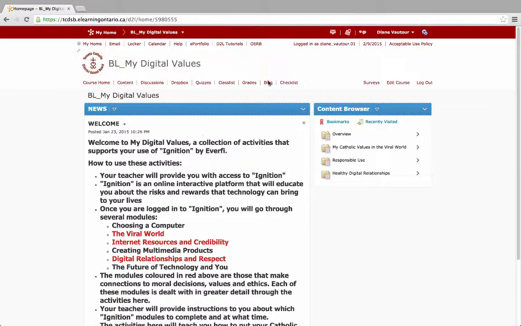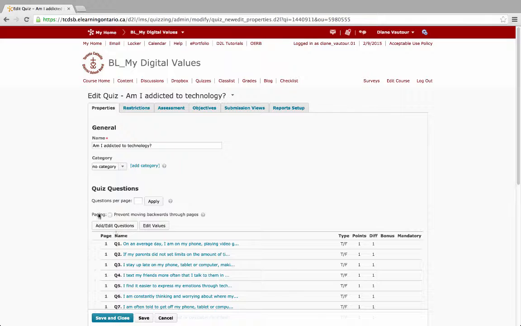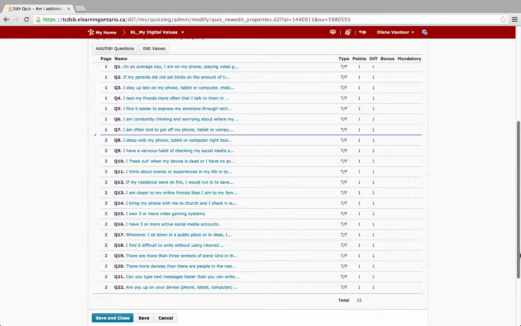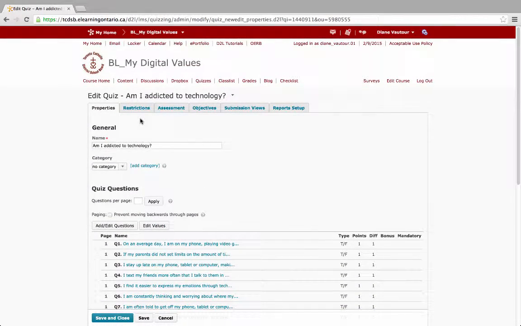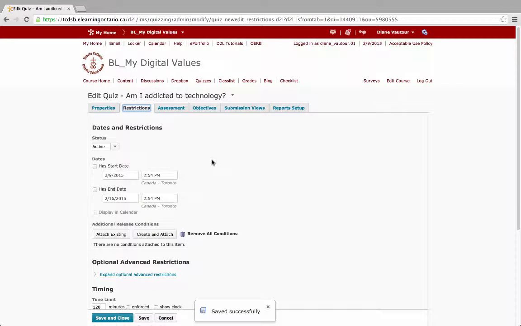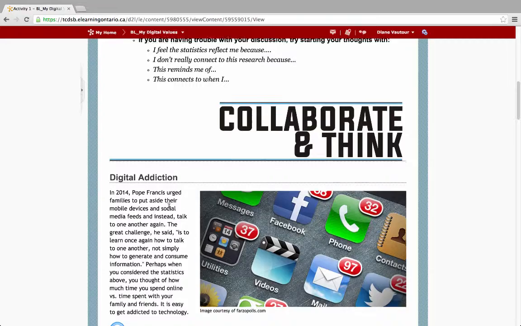It's fairly straightforward. Now I'm looking at it again as a teacher. I can go into quizzes and take a look at the quiz here. I can make any edits to it, so add, edit questions. If you feel like there's questions that aren't appropriate for your students or you would like to modify them to be more specific to the types of students in front of you, you can certainly do that. And there are various restriction functions in here where you can open up the quiz for students for a specific amount of time. So they might do this on their own, and when they come back to class, they can pick up with the face-to-face interaction, which is a